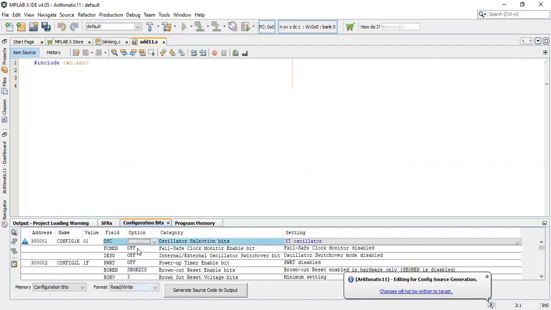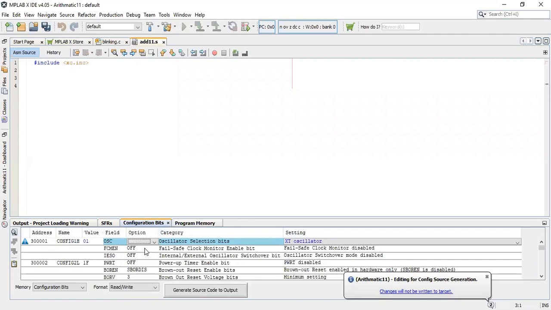Okay, crystal oscillator. Then the next option we need to click is power up timer.